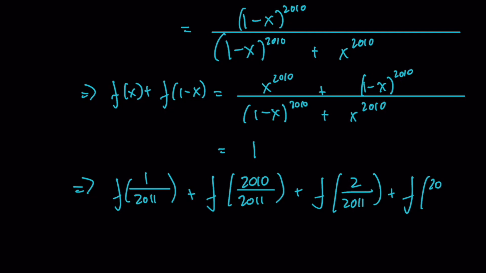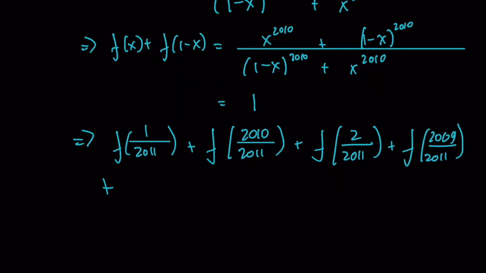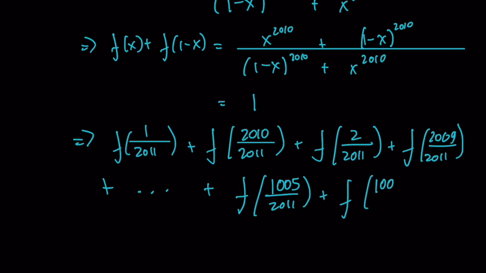To f(2009 over 2011) plus, see, until the middle one, which is f(1005 over 2011) plus f(1006 over 2011). Now you notice that if I pair them up,